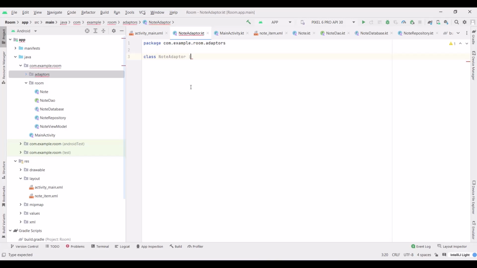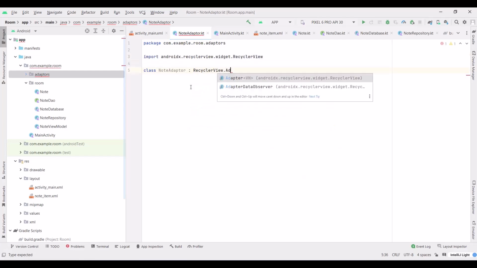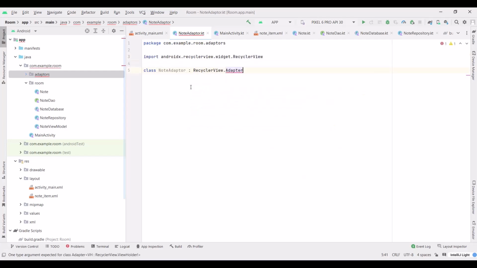It's going to extend RecyclerView.Adapter, and I'm going to put angle brackets. Let's put curly braces, and I will type here inner class NodeViewHolder extends RecyclerView.ViewHolder,